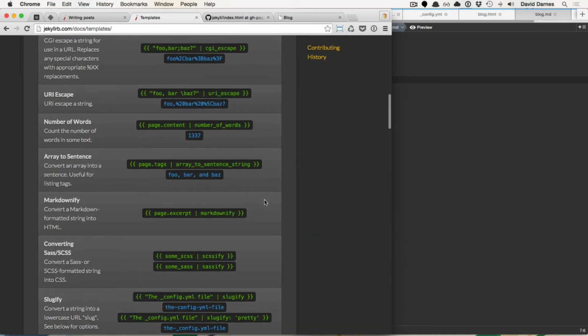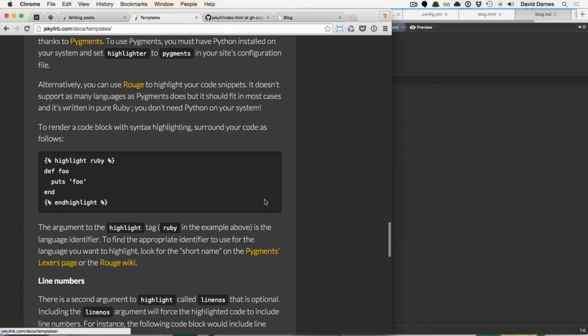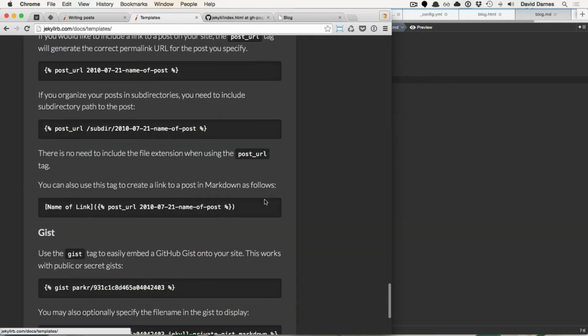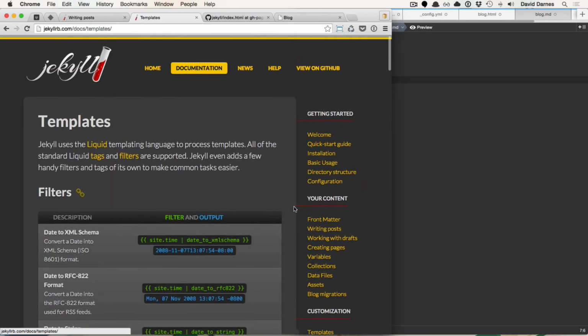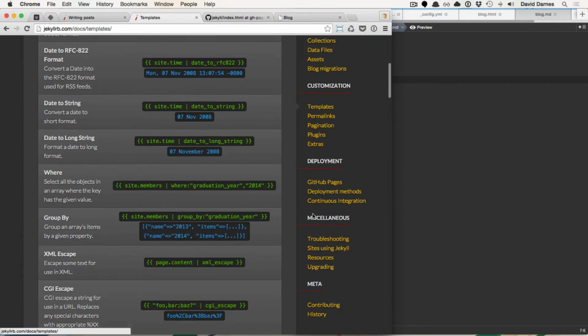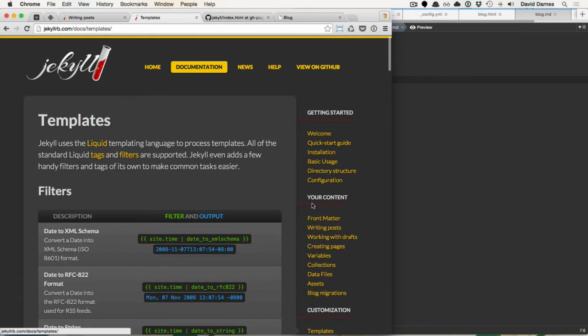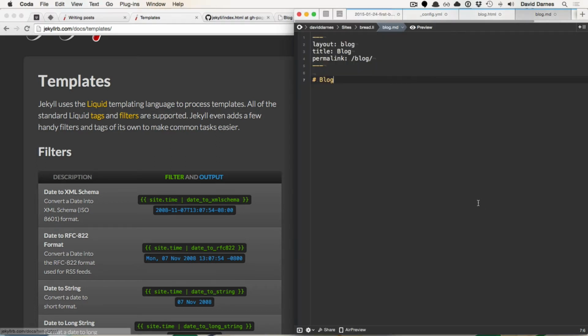Templates. Surprised they haven't explained that. Maybe they've done it in a similar thing. But anyway, we can put this in